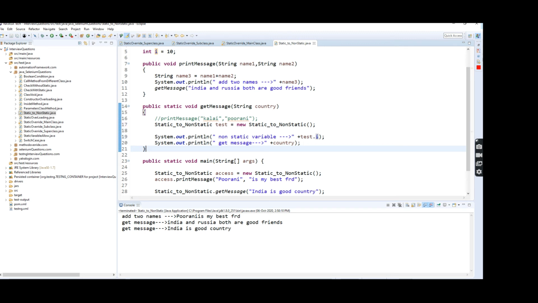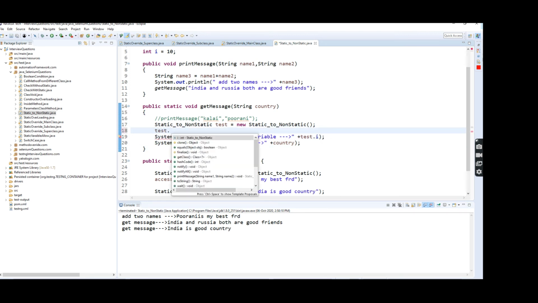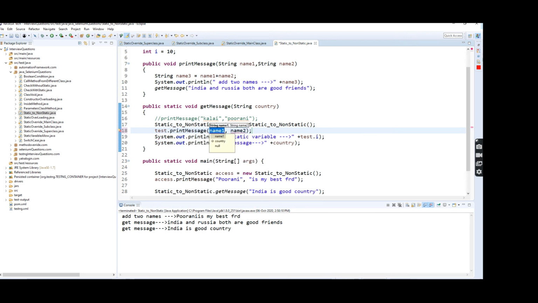In the same way we can access the non-static method inside the static method. Let's check, test dot. What is the non-static method name? Print message. So I just copy and paste here. It will compile successfully, but let's see whether it executes successfully or not. I'll just comment out this one variable.